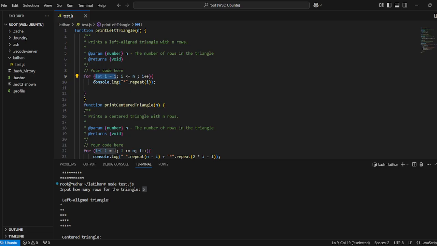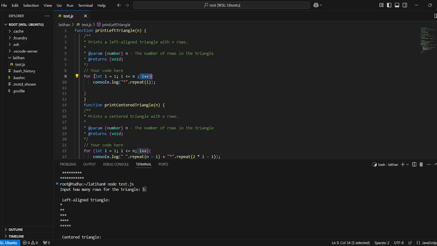The first part is the starting point, the second one is the end point, and the last one is what we will do to the starting point. Here I use i++, so i will be increased on the second loop.